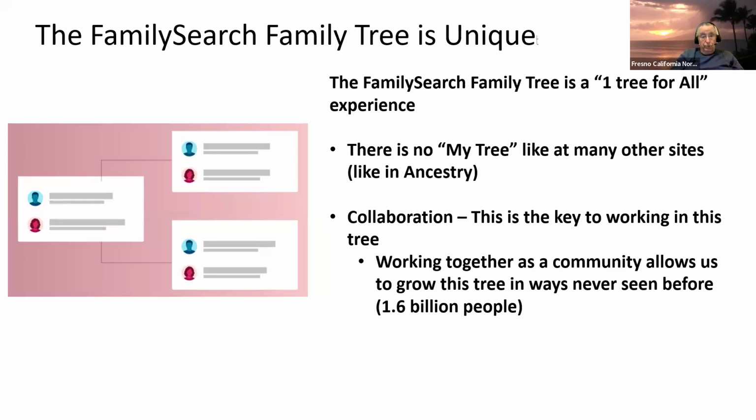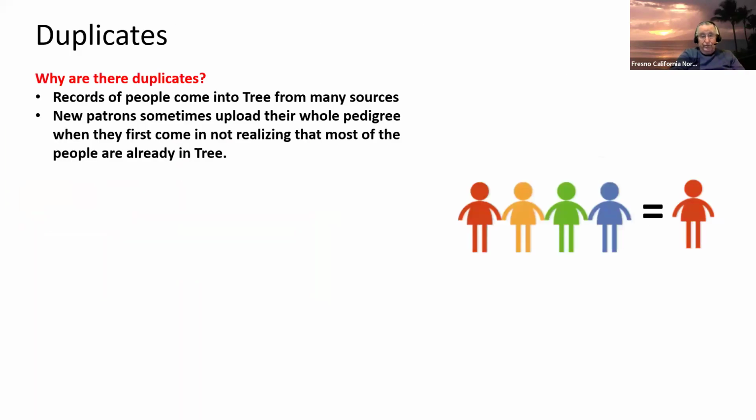And B, you really want to work through that tree, because you'd be surprised how much of your pedigree is already there, even if it's a person who's just starting. The beginners often have much of their tree right there. And the goal, of course, is to have one person for each record in the tree.